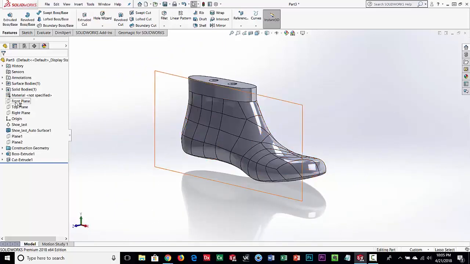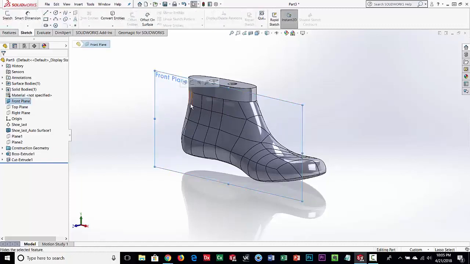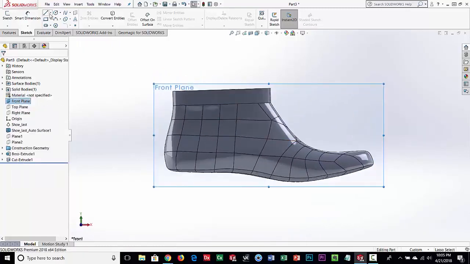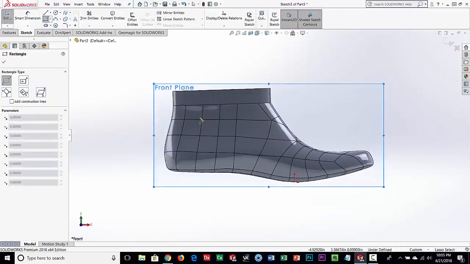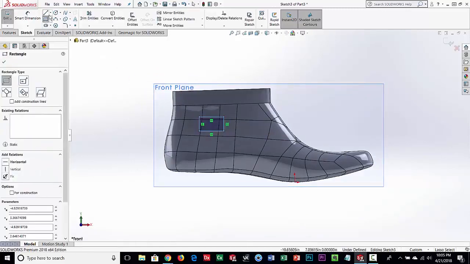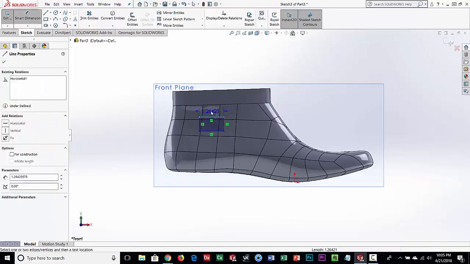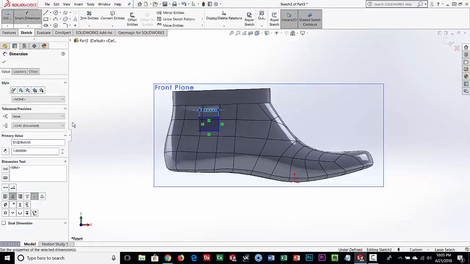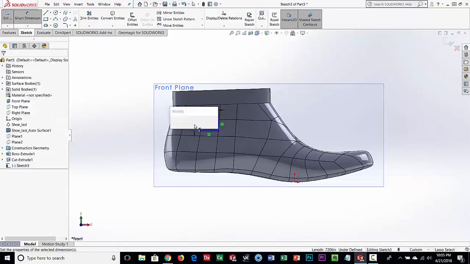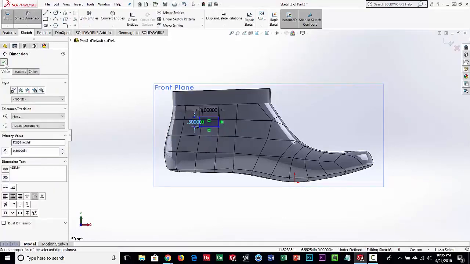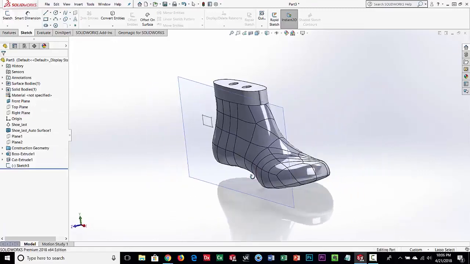And then the last thing I need, I'm going to turn on the front plane, and I need a slot up here through the base. So again, I'm going to do a sketch, and let's go look at that normal. And I need a 1 inch by 1/2 inch slot, and it just has to be approximate over here. So we'll make that 1 inch, and then this way 0.5. Okay, and you can see that's just kind of sitting out there right now.